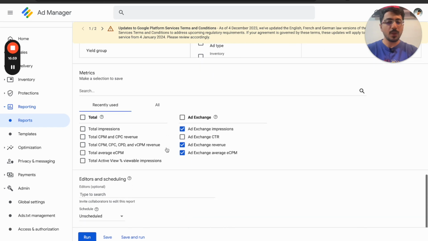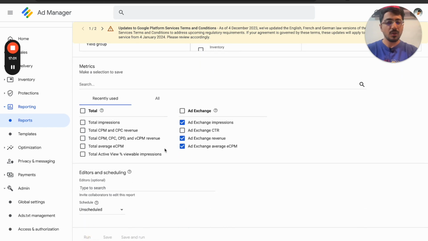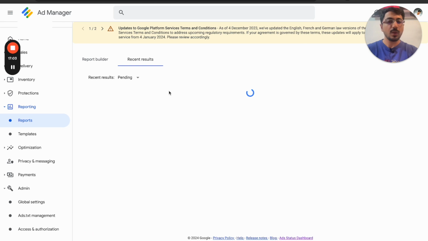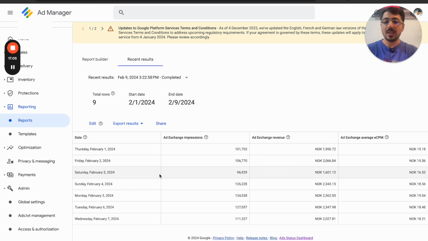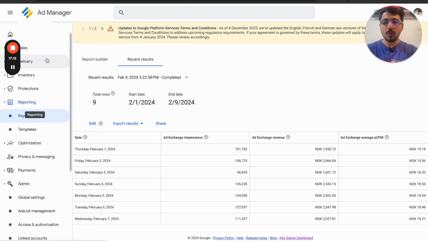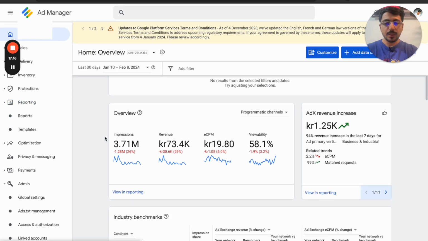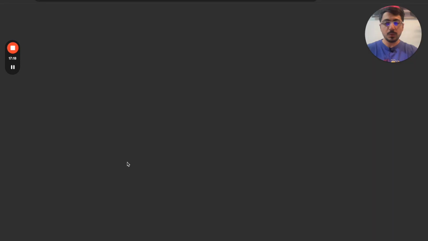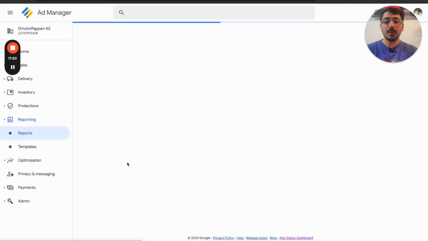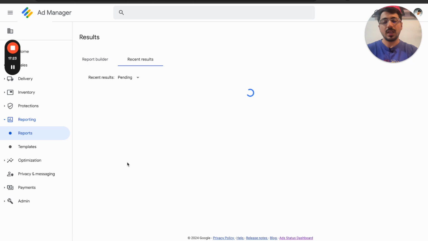How do you pull up your Ad Exchange earnings? This is how easy it is, and you'll be able to get started with reporting. I recommend that you monitor your earnings regularly. And one more thing to highlight: if you go to the home tab of your account, in here, if you go in view in reporting,